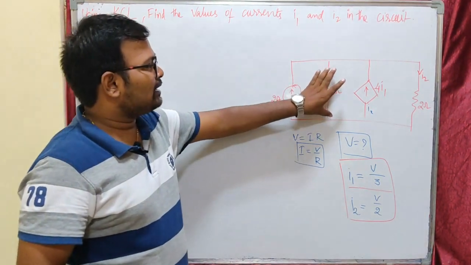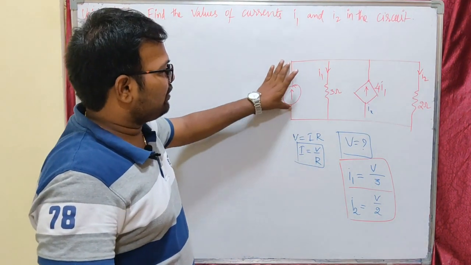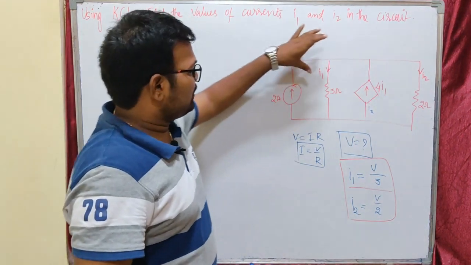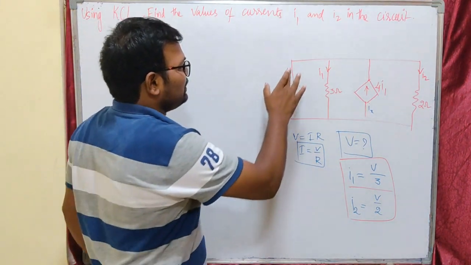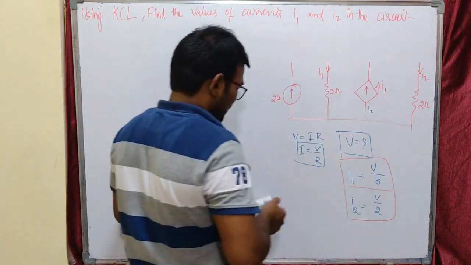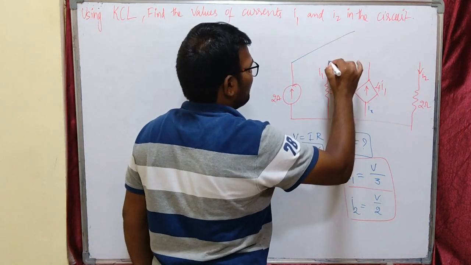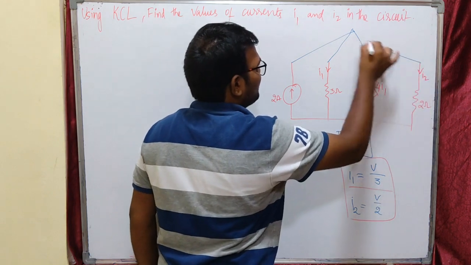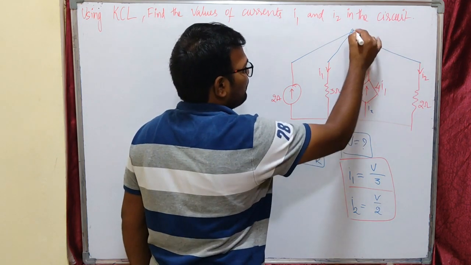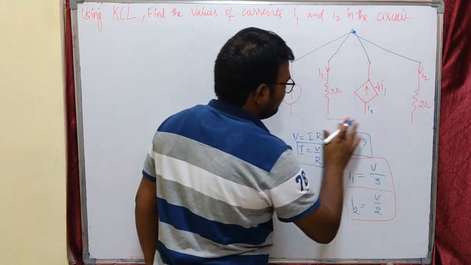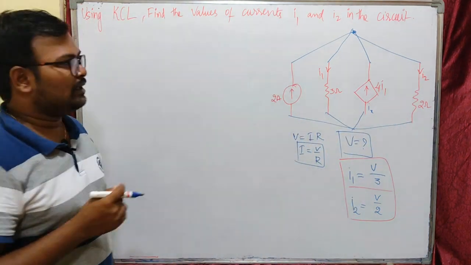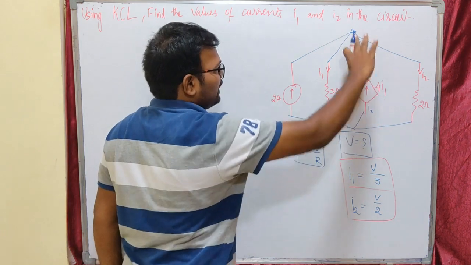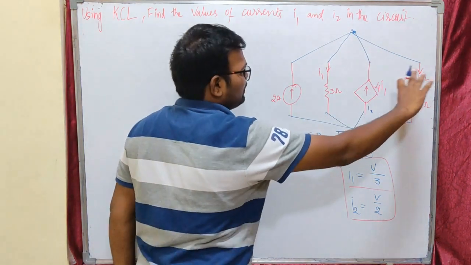Because this is a parallel network. You can see all the branches are connected in parallel. That means the voltage across one element will be the same as the voltage across another element. This parallel connection means all are connected to one common point here, and all these are connected to another common point. So this is what a parallel circuit means. The voltage across these two points will be the same across each and every element.